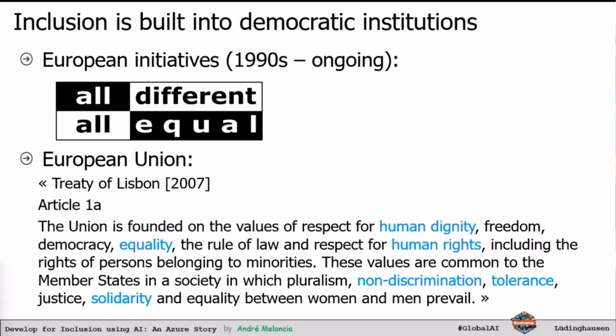Anyway, the Treaty of Lisbon actually mentions a few things that I highlighted in a different color, in this case blue. So things like human dignity actually apply to a lot of different situations. So if you go on a bus and there was someone who is elderly and has some difficulty standing up, of course, we've learned this since we were kids. You should give the seat to that person so that person can sit. If someone has a broken leg or something like that, you obviously say, oh, please sit here,